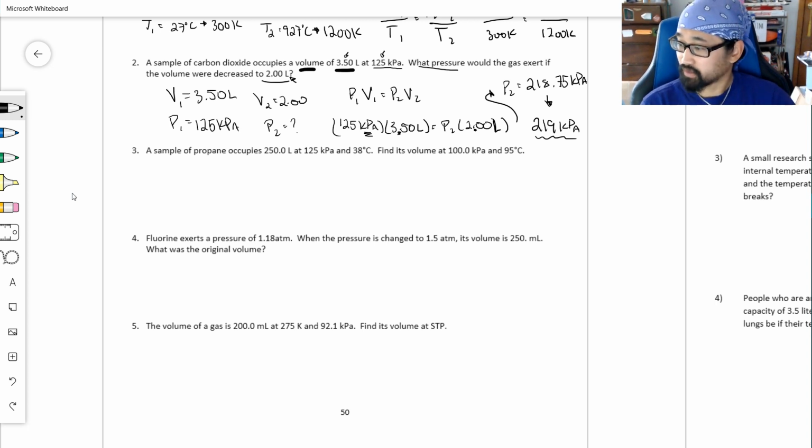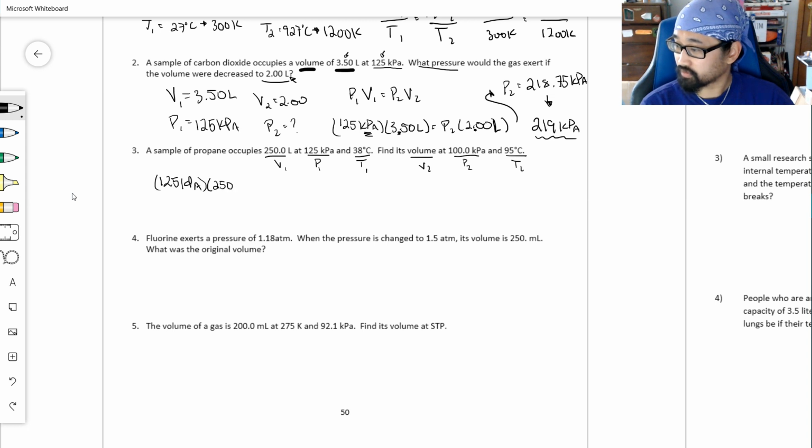But let's keep going. Number 3, we have a sample of propane. Occupies 250 liters. That's a volume. 125 kPa pressure. 38 degrees Celsius as temperature. Here's a new pressure. Here's a new temperature. So those are 2's. These are all 1's. Find the volume. So I have 125 kPa